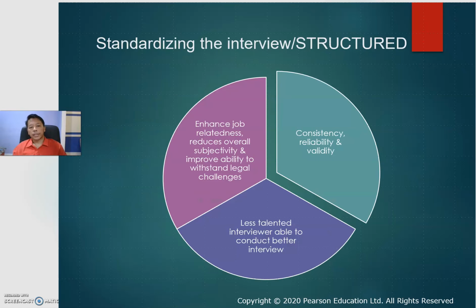Of course, the structured interview is the best approach to find the right candidates because it is consistent, it is reliable, and it has been validated based on the previous experience of the company.